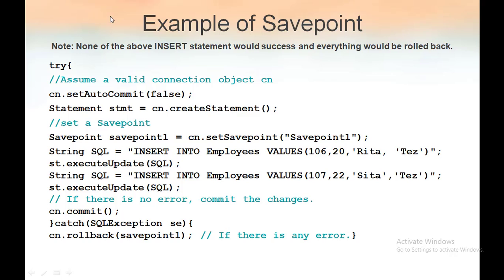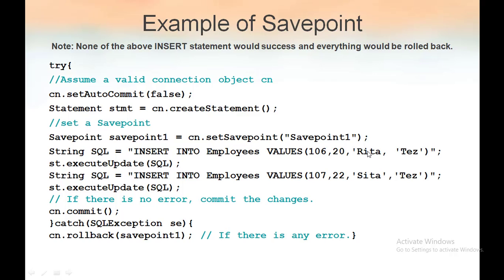Example of save point. First step is cn.setAutoCommit(false), and a statement object for the execution. Now, how to set a save point? First, let's create the Savepoint object. Savepoint object = connection object.setSavepoint.